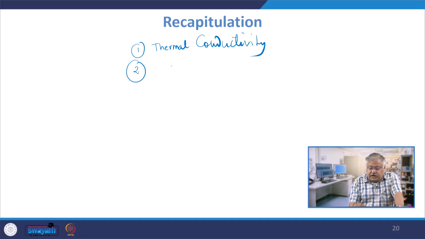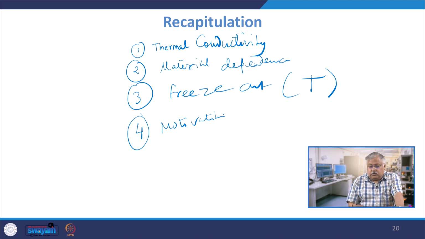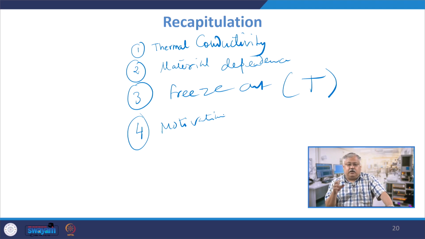Let me recapitulate what we learned in this lecture. We learned about thermal conductivity, this major new term. We also learned about the material dependence of thermal conductivity. Then the third point was the freeze-out concept and how it is temperature dependent, right? And finally the last one was the motivation for going ahead in this domain. So these are the 4 things which we majorly learned, and we tried to keep it very basic,